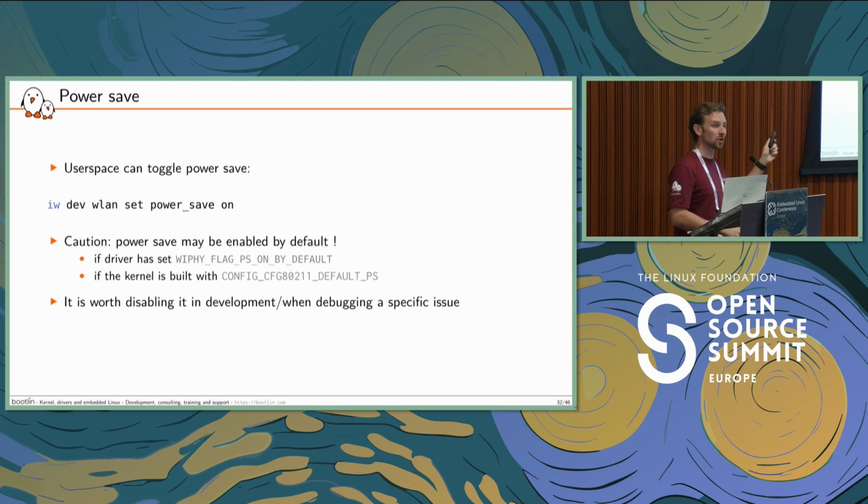And it is pretty important to know about it because it can be quite painful to start debugging an issue for multiple hours and realize that, in fact, your chip has been sleeping and possibly having a bug in the firmware during the sleep and things like that. So that's likely something that you want to make sure to disable during early development and deal with it later in a second step.